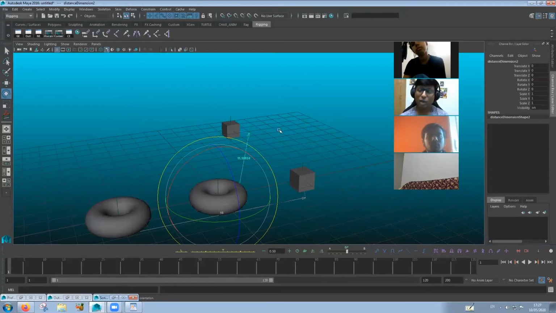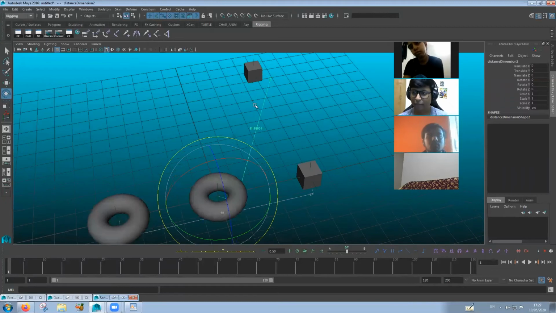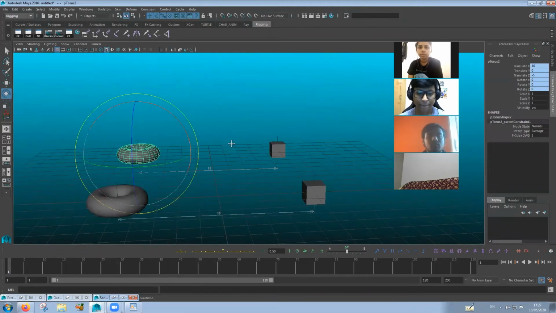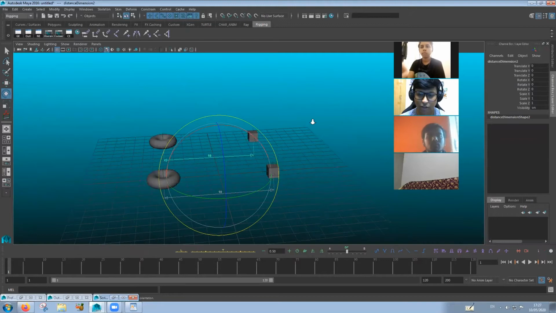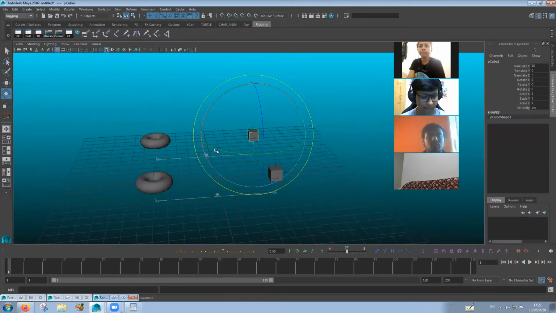Okay. And because of this sort of freedom that we get in constrained parenting is why we use it more in rigging rather than simple parenting. Because once we do a simple parenting, it becomes the part of the object. Whatever changes you make in the object, the other one, either you have to counter animate or something like that, or you'll have to forget about it. So you don't get any freedom. That is one point. Another point is it also gives you a freedom of, say, for example, if I scale